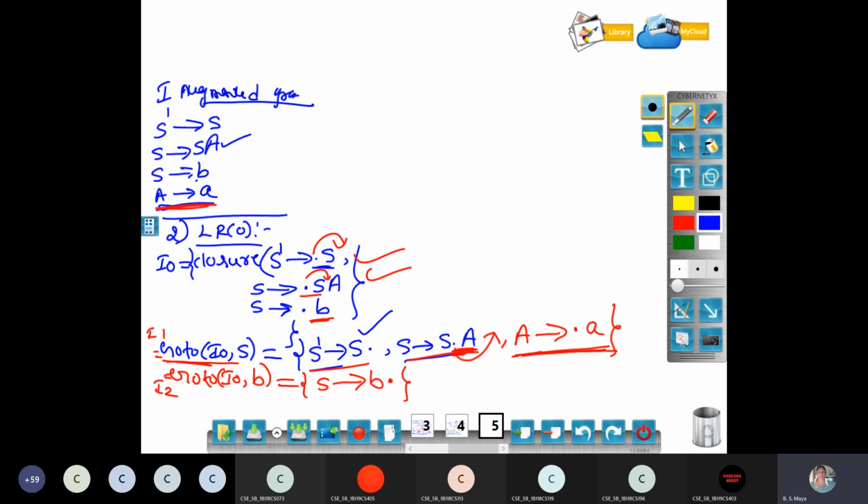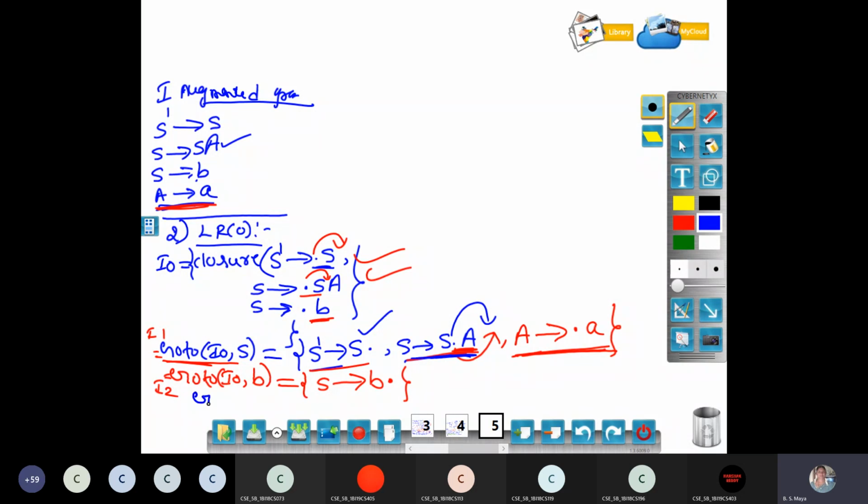Where is the dot? Dot at the end position. This is already over. Then I want to do this one. Where is the dot here? Where is the middle dot? It's not at the end position. I have to move this dot one look to the right-hand side. When moving to the right-hand side, what should we do?